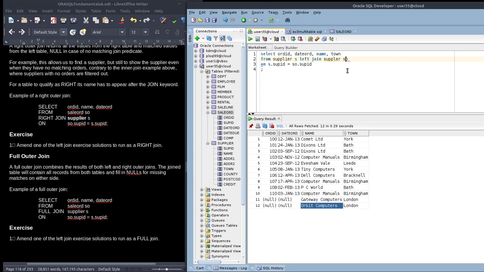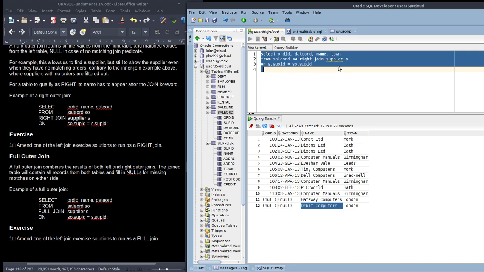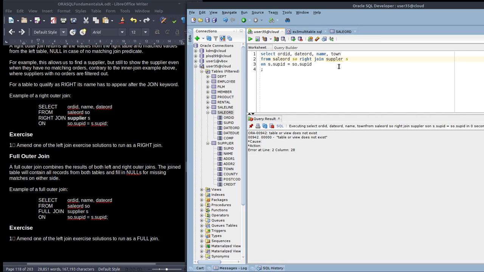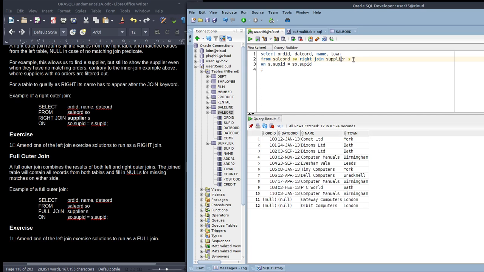supplier S and I make that sale order SO, and the previous one, the result showing is a left join. If I make that the right join, I'll get the same results. So it all depends where you put the tables, because this is all suppliers, whether they've got sale order or not now, because it's a right join. The name to the right of the join clause. I can't spell supplier. Beg your pardon. There we go. So it all depends where you put the tables,